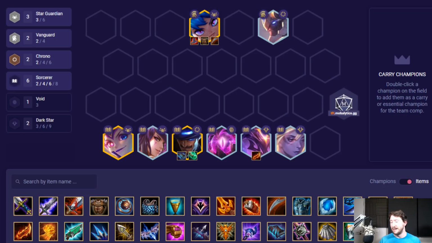So if you want to sell your Poppy because you don't get a 3-star, you can sell it off and get a Guardian Angel instead and go for 6 Sorcerer Gangplank, which can work really well. But I genuinely think Candyland is going to be a bit better on this update, mainly because the Last Whisper